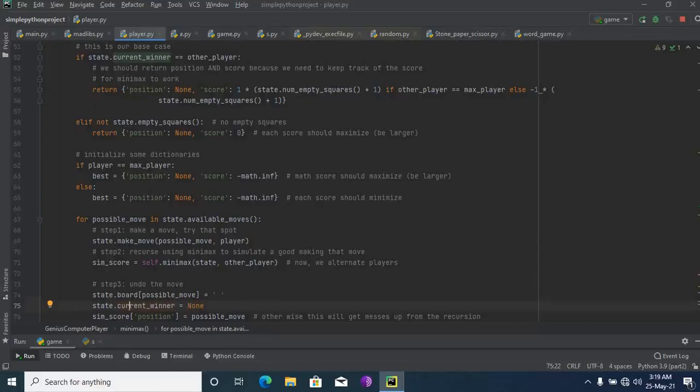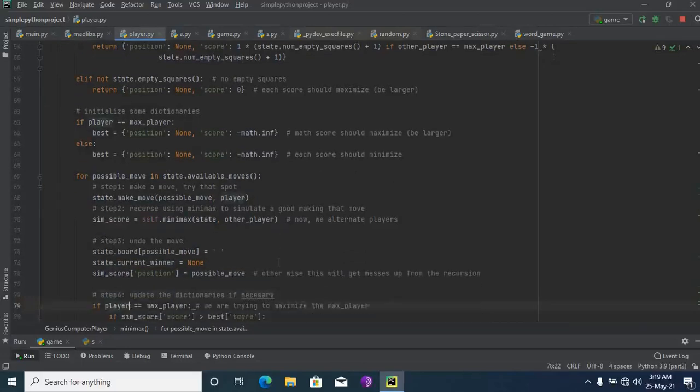For possible move in state.available_moves, the first step is to make a move, try this spot: state.make_move(possible_move, player). Then next, recurse using minimax to simulate the game after making that move: sim_score equals self.minimax(state, other_player).